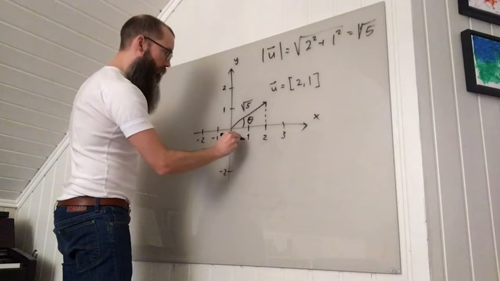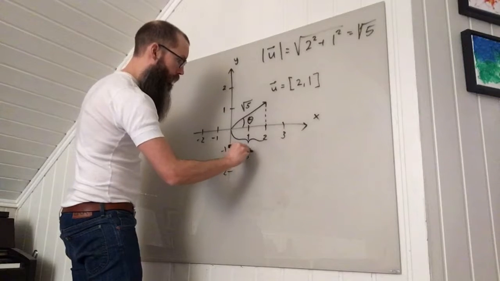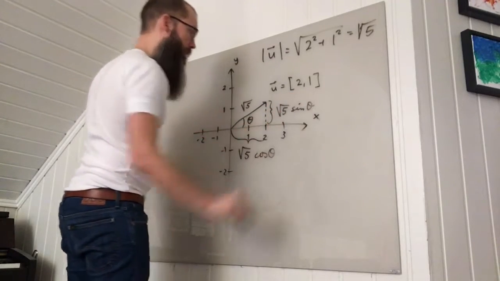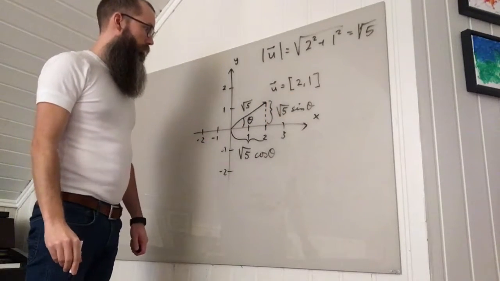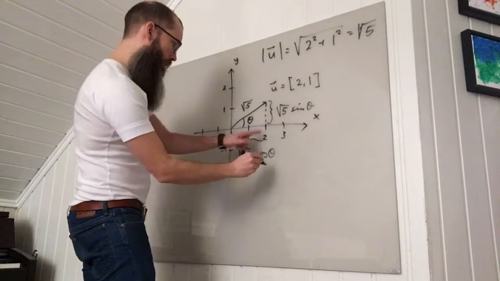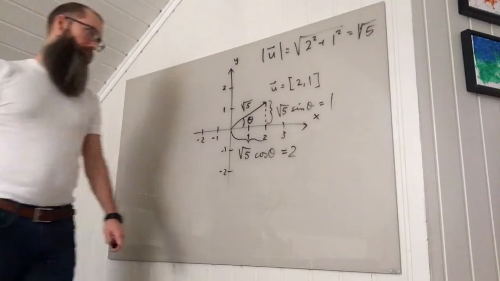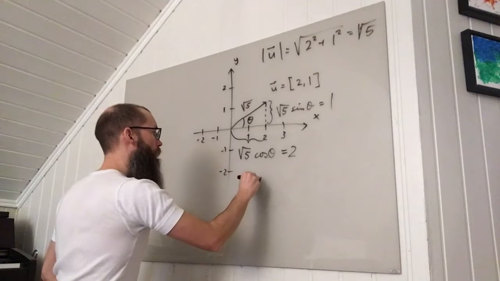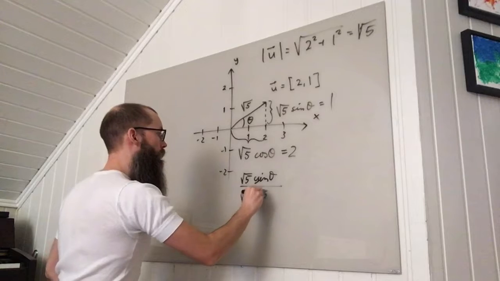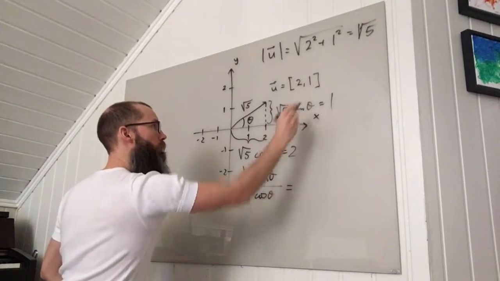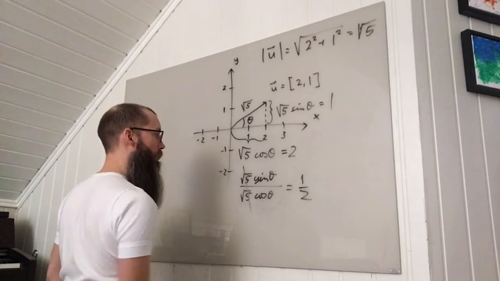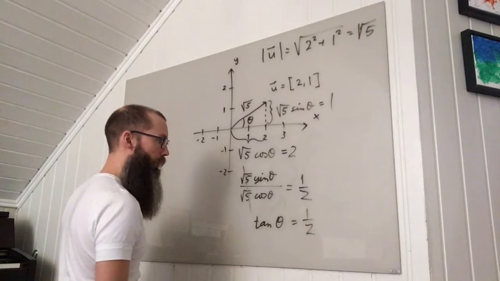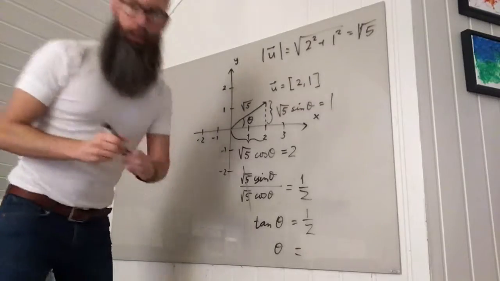That means that this length is root 5 cosine theta, and this height is root 5 sine theta. And this length is 2, and this length is 1. That means I can take the quotient, root 5 sine theta divided by root 5 cosine theta, and shorten this, equals 1 divided by 2. However, this is tan theta, so I can find the tangent to be 1/2, and using my calculator,